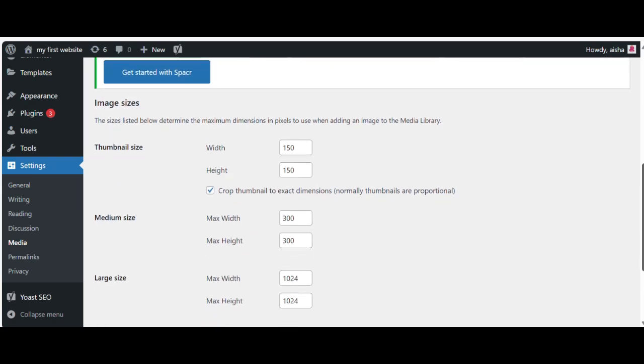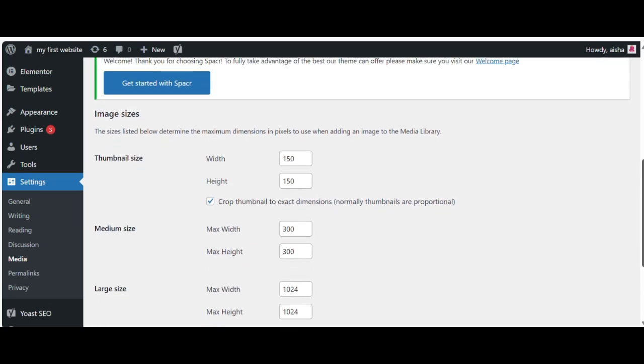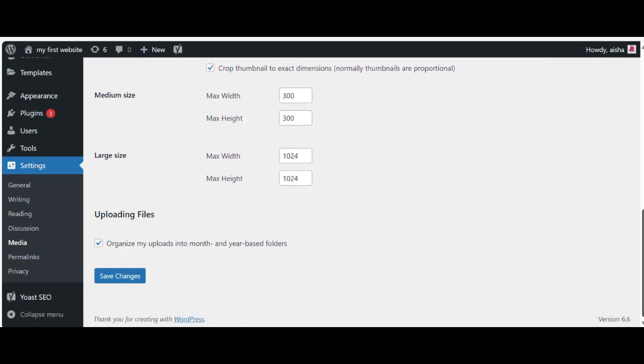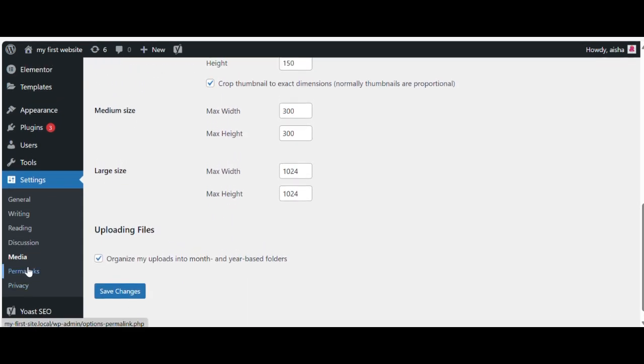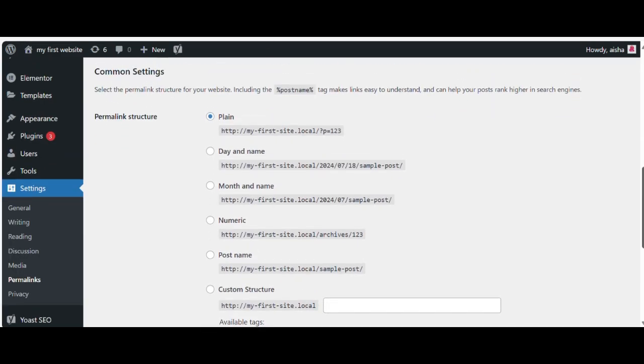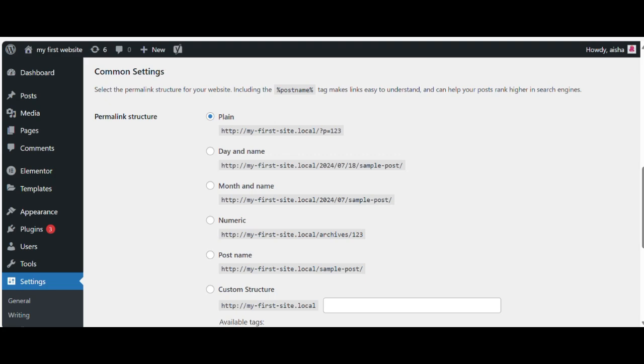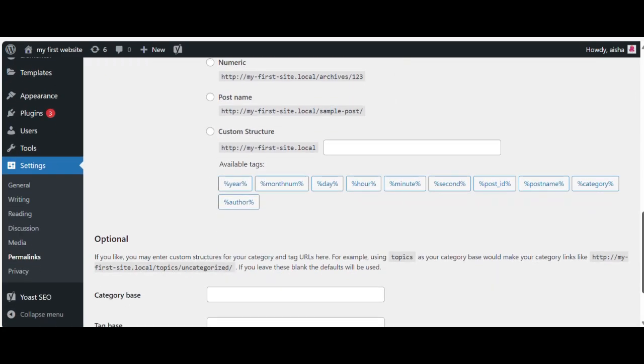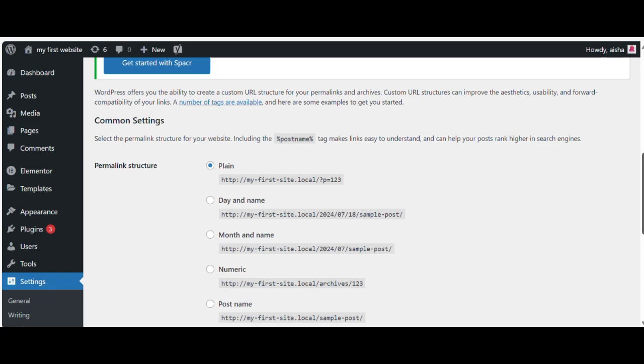Media basically tells the image sizes, like the thumbnail, standard size, medium size, and large size. You can change them accordingly. And after that, the next option is Permalinks. Permalinks show the basic structure, that is, how you want to show the link of your website in the browser. We can make changes in the permalinks from here. So this is another important option in the WordPress dashboard.